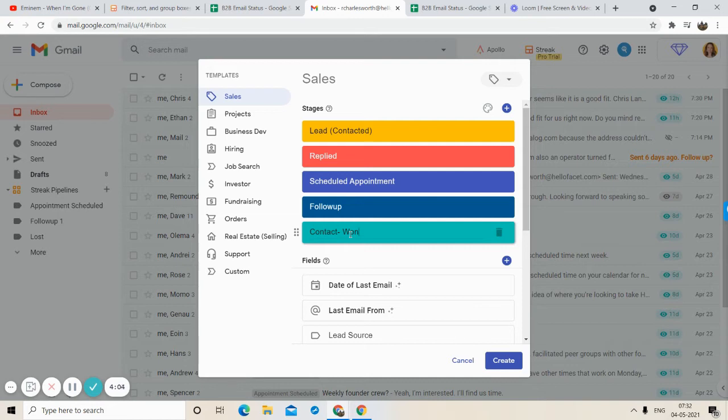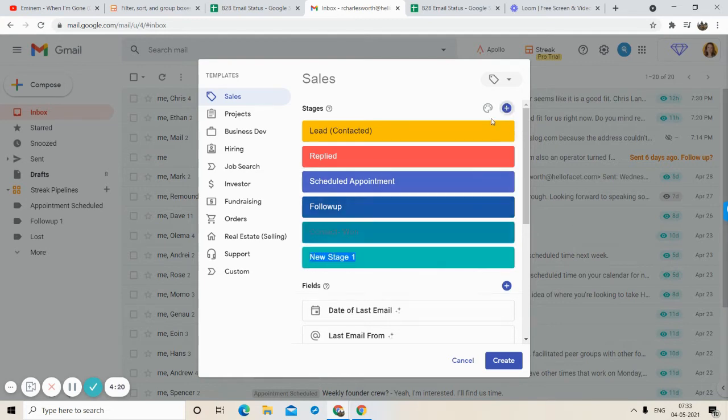Suppose I wanted to schedule an appointment, they did. Suppose I wanted to sell something, they purchased it. All those things where you achieve the end result, all those leads will go into this contact won stage. Now there will be some contacts that did not show any interest, and they will all come into this lost section.